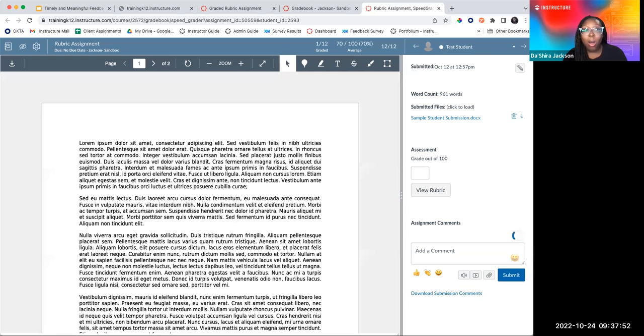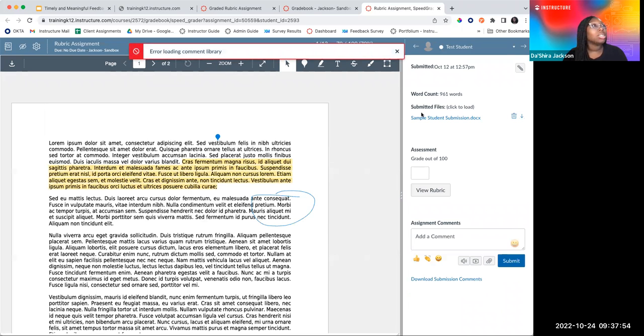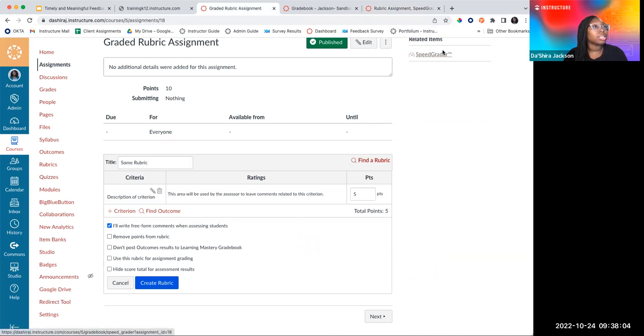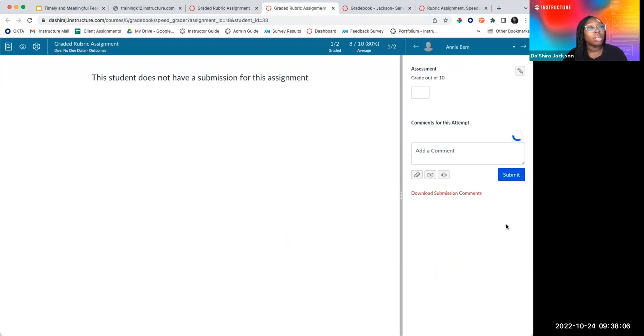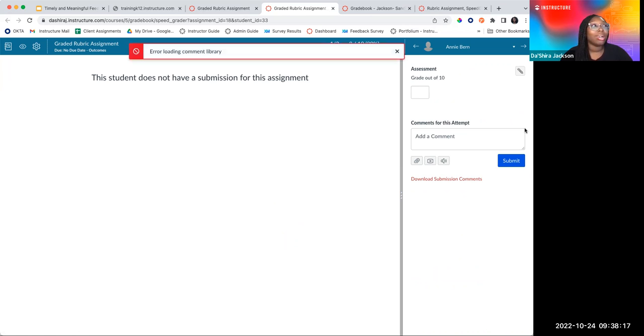And then Paul, to your question, does the assignment tool support pre-written or frequent comments? It wouldn't be in the assignment tool. It's actually going to be what's called the comment library. Once it loads, I'll show you how you can pre-populate that. The comment library allows you to add in comments that you know you're going to say quite often.